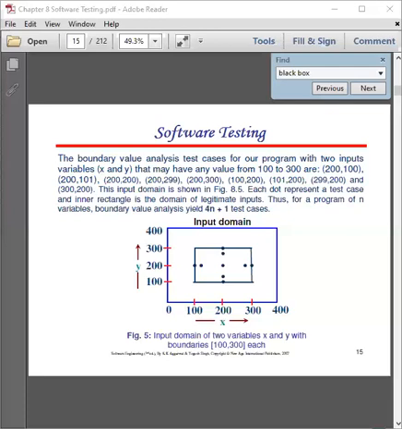Without clear specification, which is the situation in many projects, test cases will be difficult to design. Third, tests can be redundant if the software designer had already run a test case.